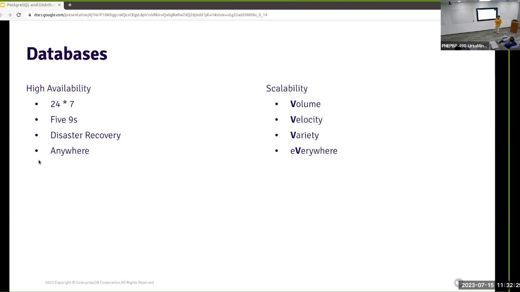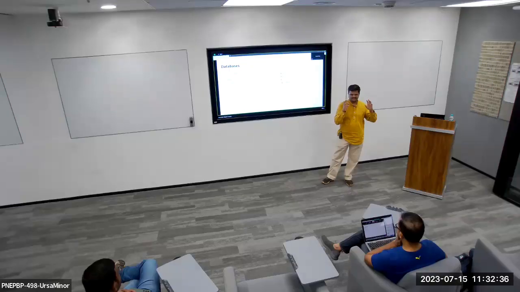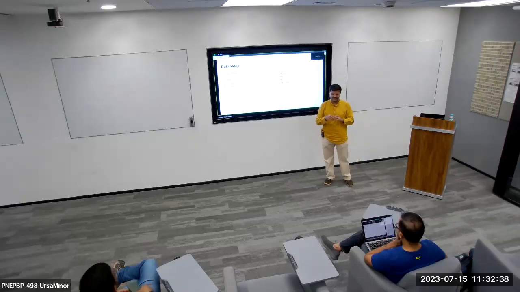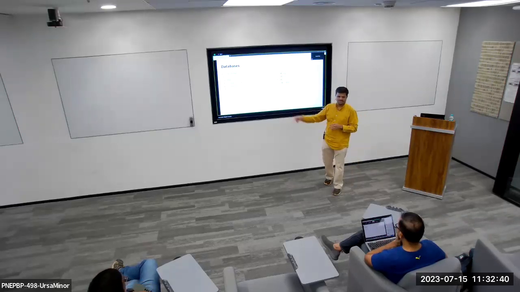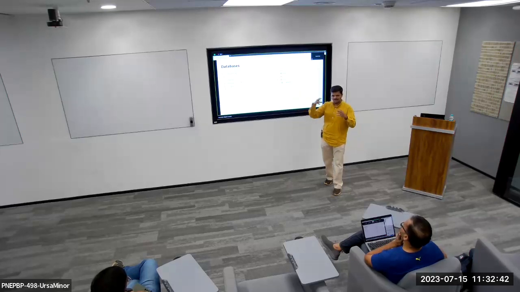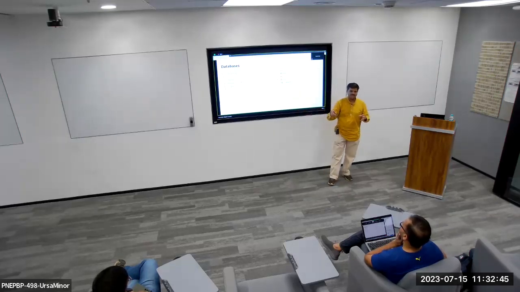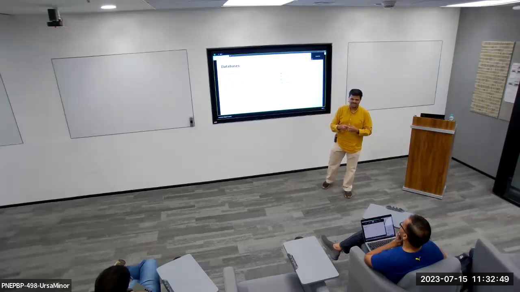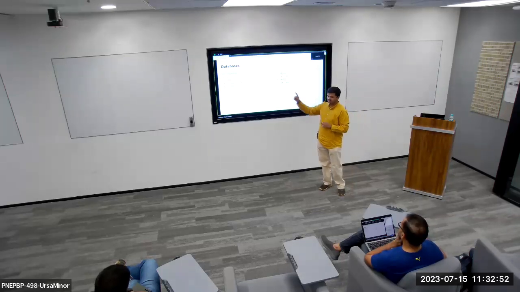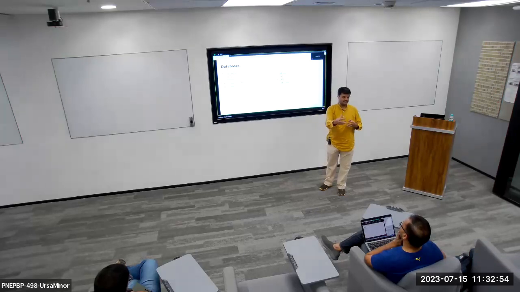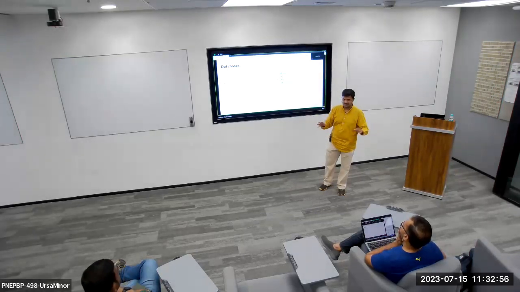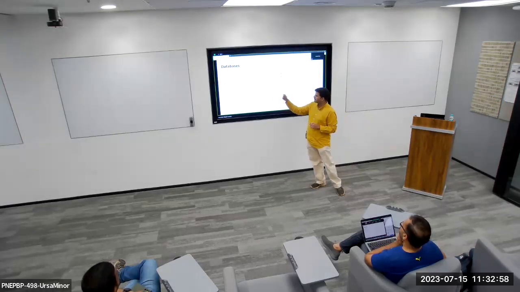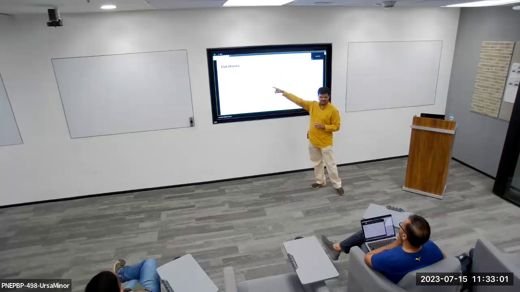The third is disaster recovery, where if some disaster happens somewhere, you don't want to lose the functionality. Again, it's about functionality, not the system. Your system can be blasted by a volcano, by anything. What we want is that the functionality that the system provides has to remain and should be available. Kind of tied with 24/7.